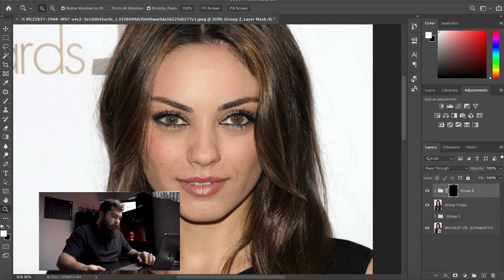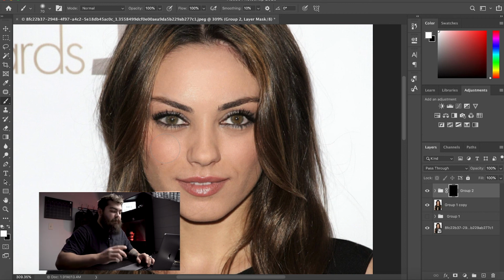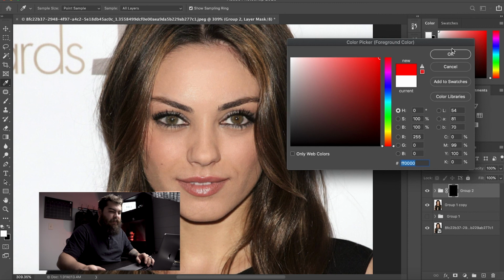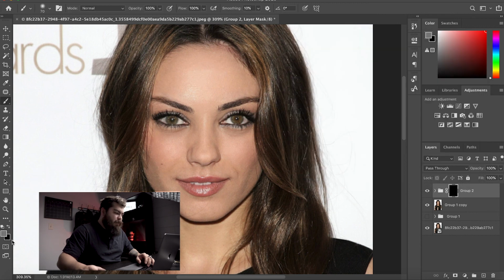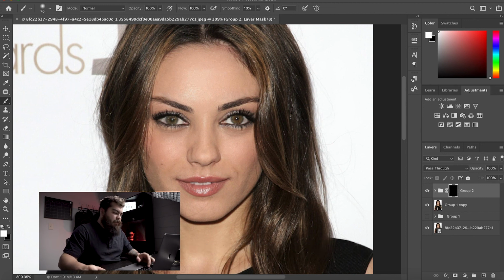We want to have a white brush. We're gonna go B for brush, right? B for brush, and we want to have a white brush. Now, if it's not white, you can hit X, and it'll give you a white and black brush right here. This thing will change right here, white and black. So if I had it at red, right now because we're in a mask, it looks great. But if you see that gray, if you hit X and you hit D, it will make it white and black. So just hit D and it'll make it a white and black brush, and then you can go back and forth